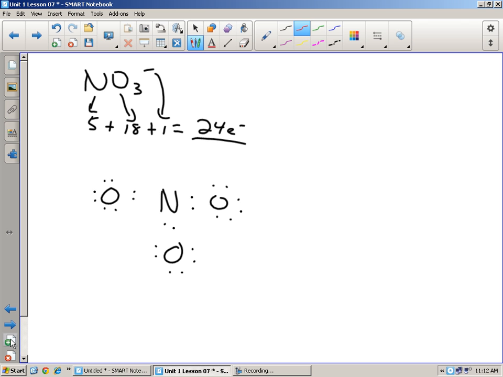Because ultimately, lone pairs are still valence electrons orbiting these atoms. Okay? So you can pick whichever ones you want. I don't care. I like these ones right here. I'm going to move those into there. So I'm going to move those 2 electrons into there. And what's going to happen here,